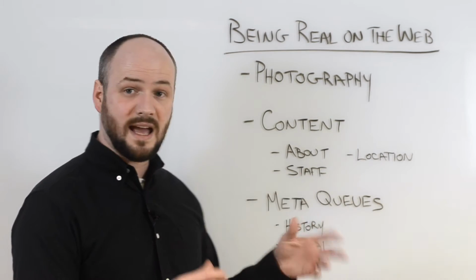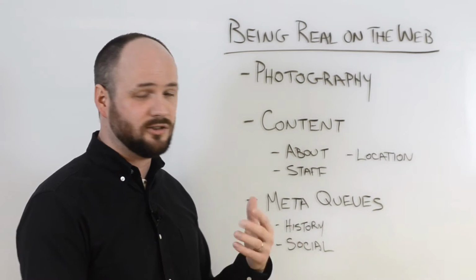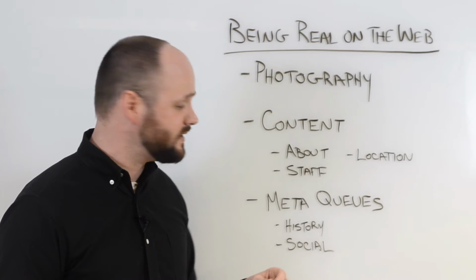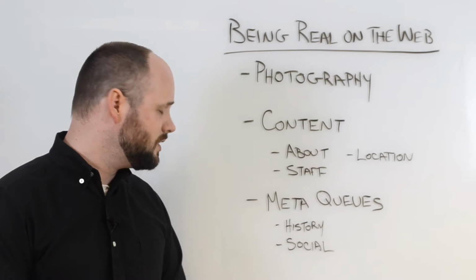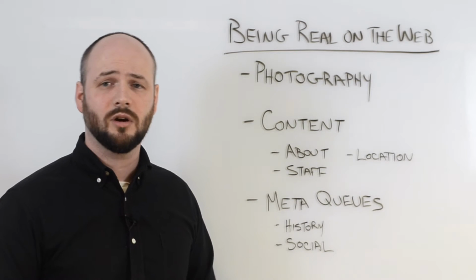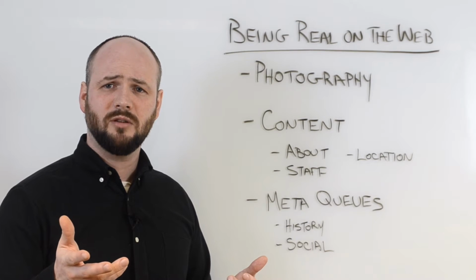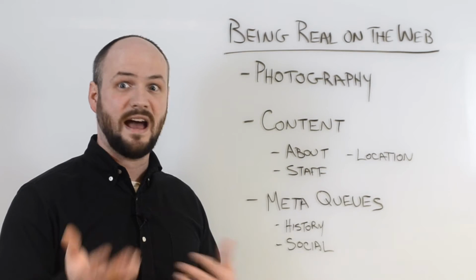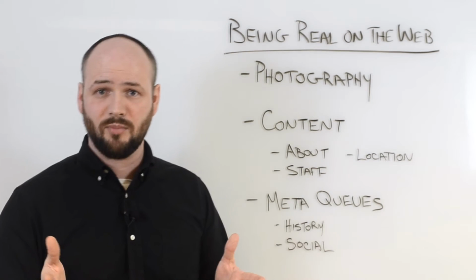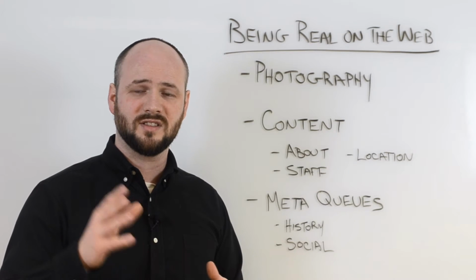And content is a way to continually reinforce this. Make sure you have words supplementing photographs where necessary. Finally, meta cues. There are just a lot of little things that people will look for, or at least I know I look for when I'm on a site. Think about those when you're working on your site, or if you're evaluating whether it's time to do a site project. This can really be one of those things where all of a sudden it can really click for you